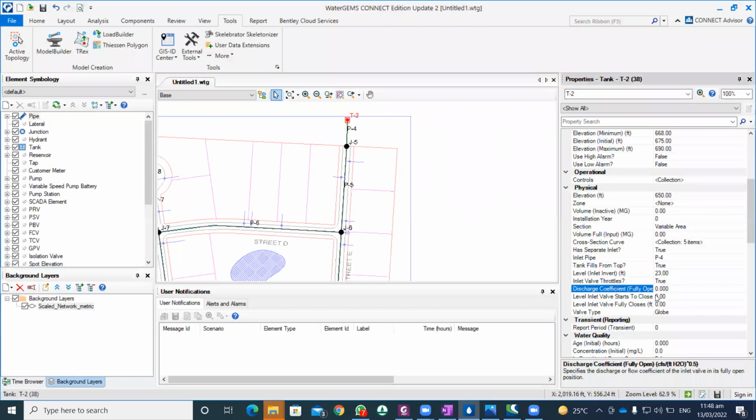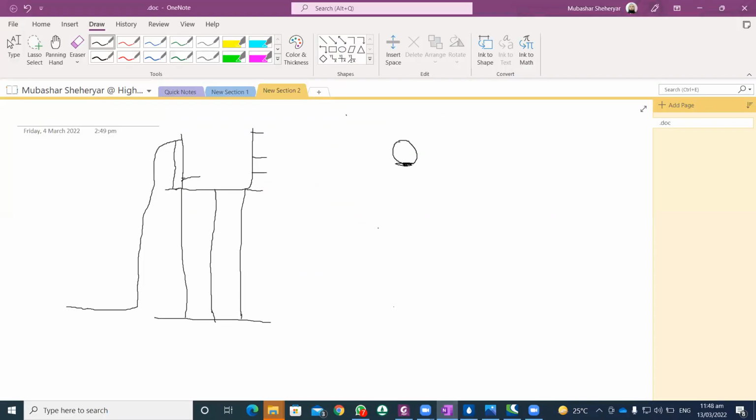And mostly you provide a valve, and when the tank is completely full, the valve works in such a way that it stops. Mostly the pump is pumping water in order to fill the tank. So the valve works like that: when the tank becomes full, it stops the flow of water from the pump, through the rising main, to the tank. So it is defined in such a way that, for example,